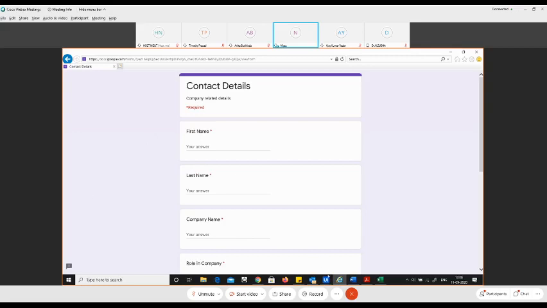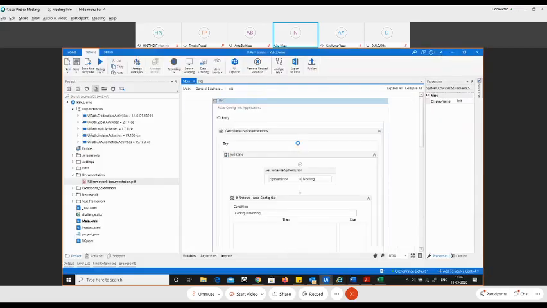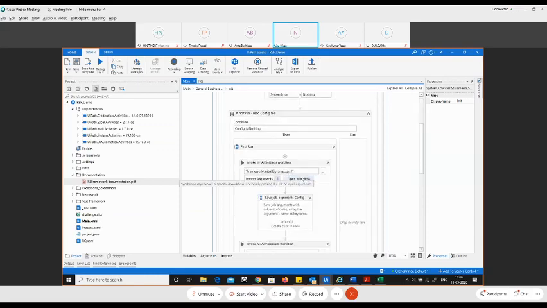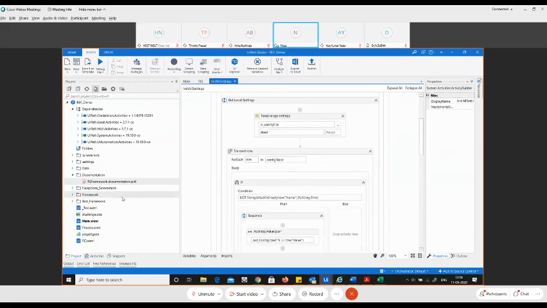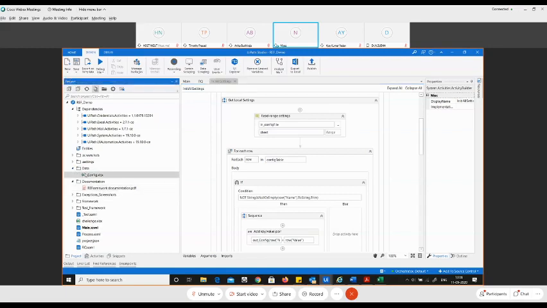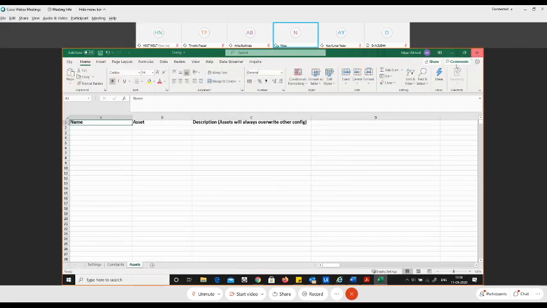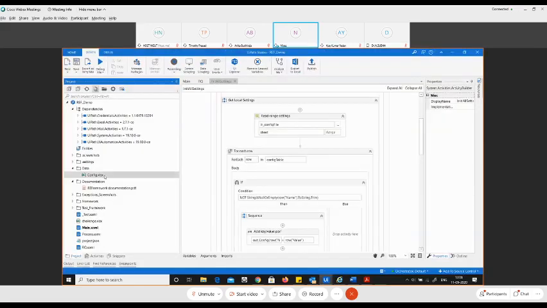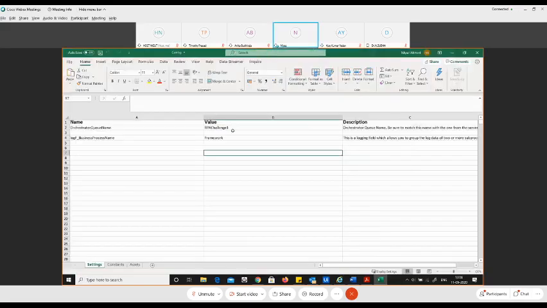Over here, we have a very basic code written. I'll tell you what exactly we have done. Let me open the initialization file. In the init all settings, as you can see, we are reading the values from the config file. Let me open the config file for you. Here is the config file. Okay, let me close the Excel file and open it again. There you go. Here is the config file, and let me change the queue name to something else.